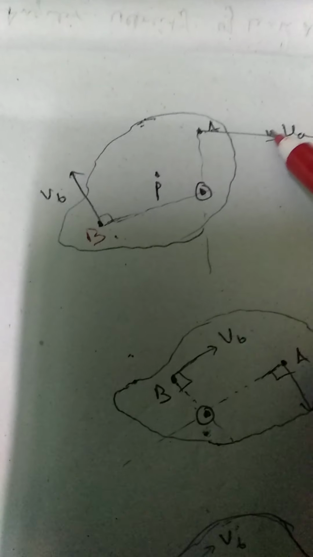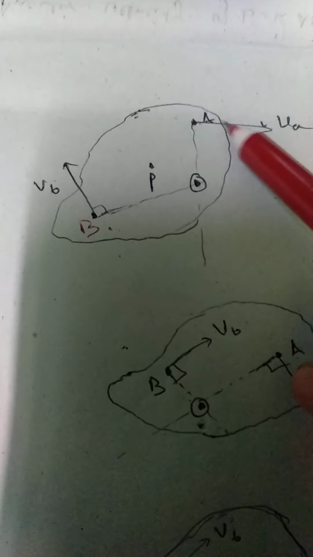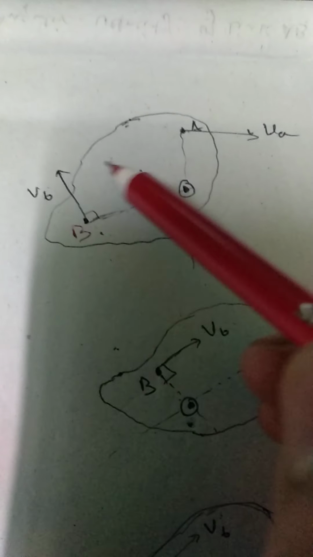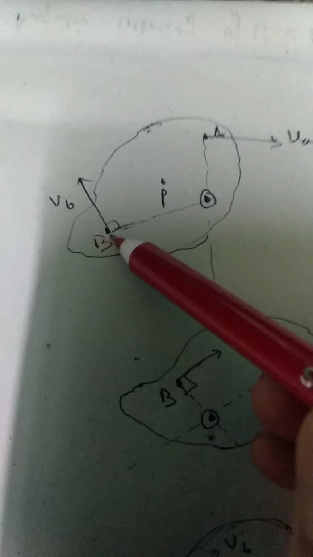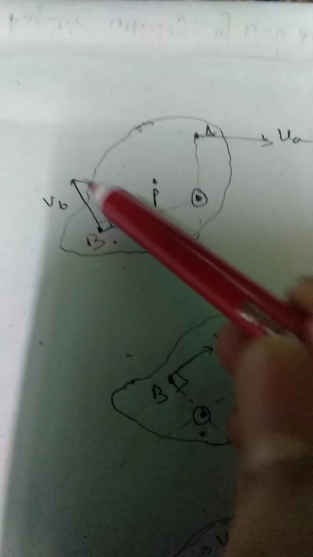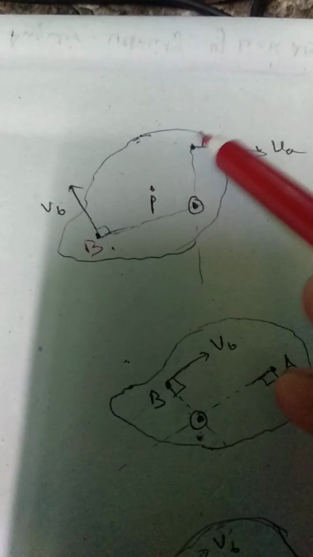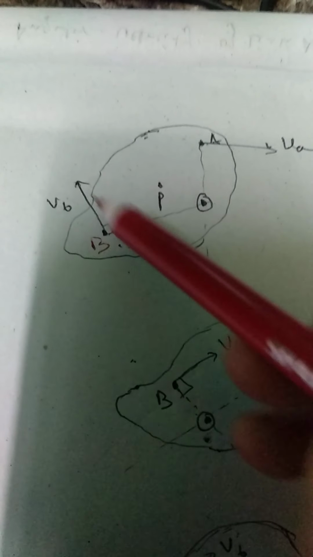in this direction. So we know the direction of the velocity of this point A on this body which is moving in space. Now this point B will have a velocity in the direction of, suppose, VB. Now these two velocities VA and VB are only at a particular instant of time.